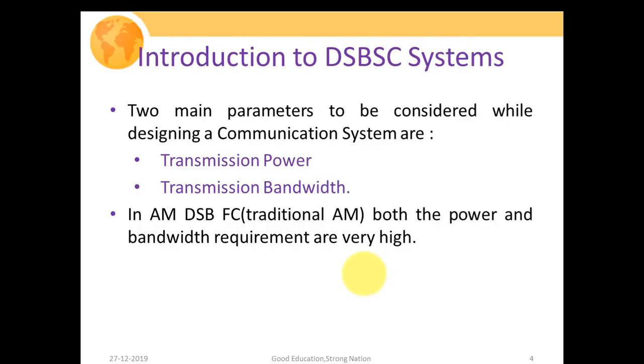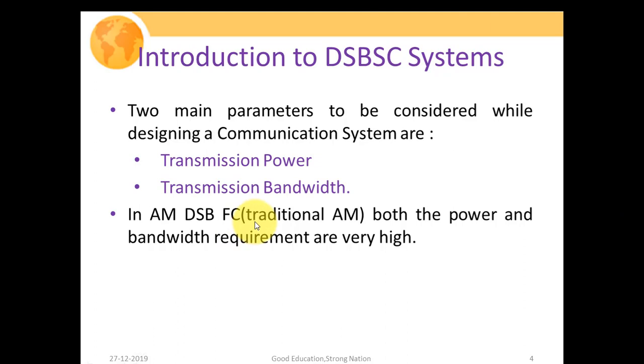If we need to design any communication system, then two of the most important parameters that we need to take care of are the transmission power and the transmission bandwidth. Since bandwidth is a very scarce resource and wireless devices are generally battery operated, we need to focus on these two parameters. So obviously, if we are designing any wireless communication system, then we always require that it should consume as little power as possible, and it should also be bandwidth efficient, or we could say that it should use a very small amount of bandwidth in order to transmit the complete information.